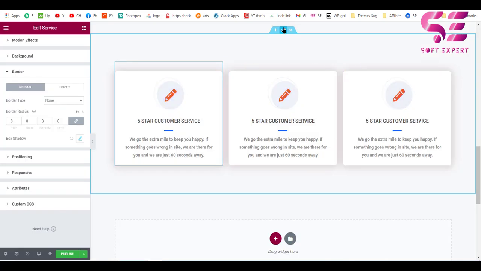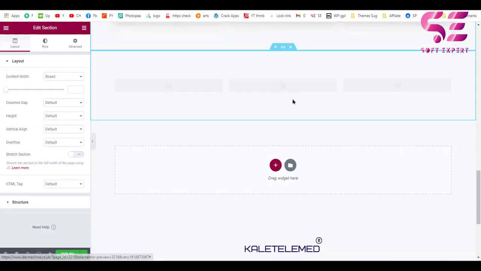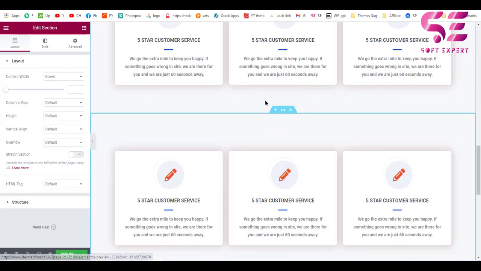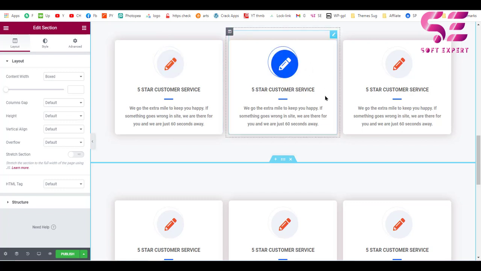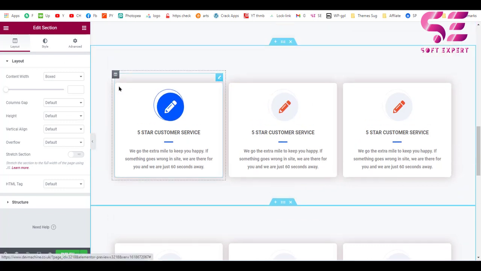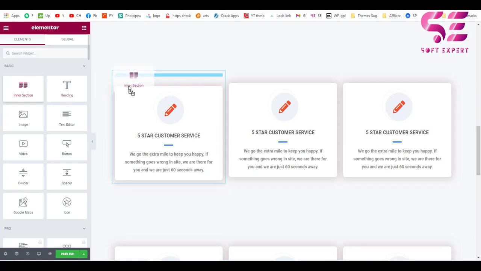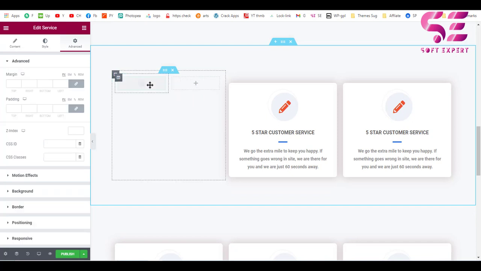Now you can just duplicate the section and create more and more. If you don't want to duplicate a section, then you can put them in a row. So to do that, just grab an inner row and move this to the row.